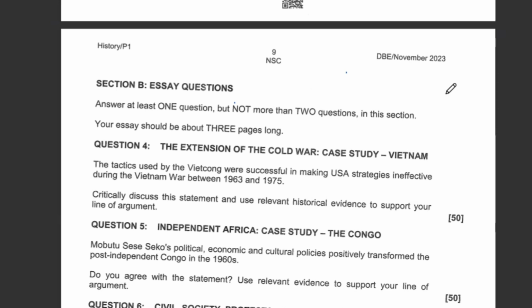Then that will be the introduction. And remember, after the introduction, you are advised, or rather, you are mandated to give a brief background. Remember, in history, for one to understand the series of events, they need to have a brief background of what was happening before the event which we are to elaborate on. How was the situation like?